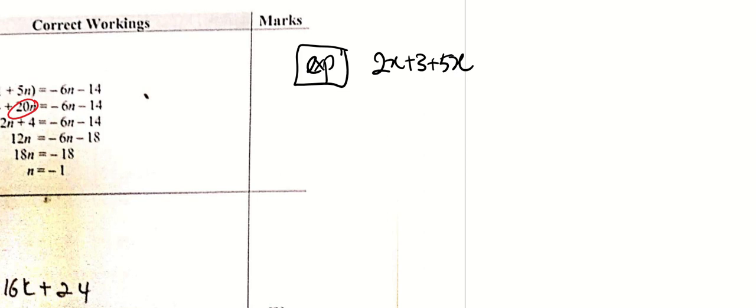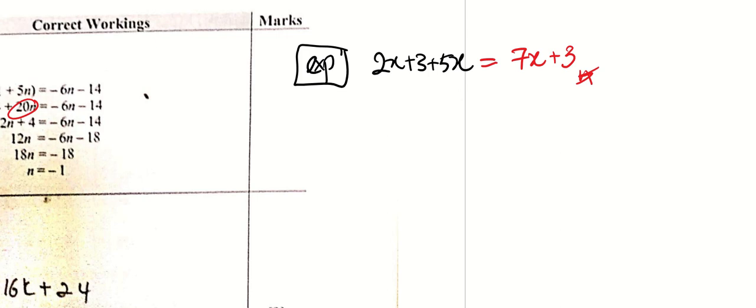Now what do you get at the end of it? Usually you get another expression, just that it's a simplified form. So I'm going to do the working here. This equal sign is something that I add in myself. It was not in the question. And if you know how to do it quickly, it should be 7x plus 3. And we're done. That's it.